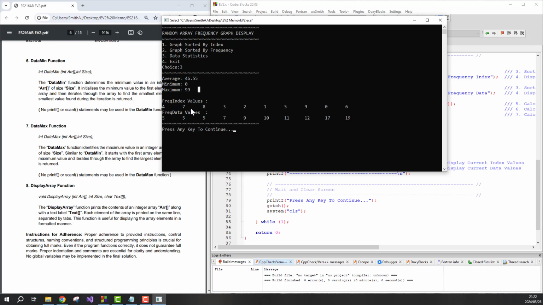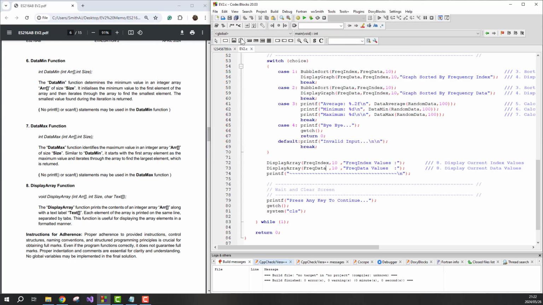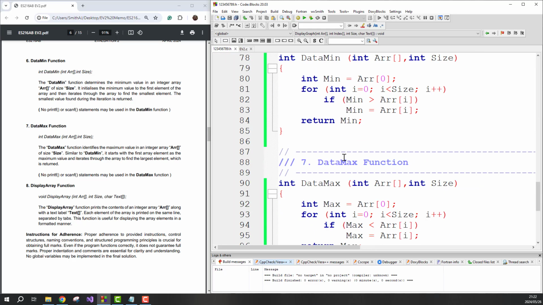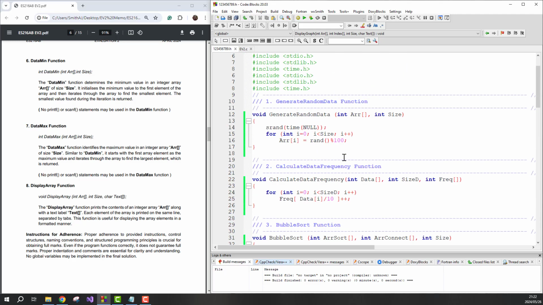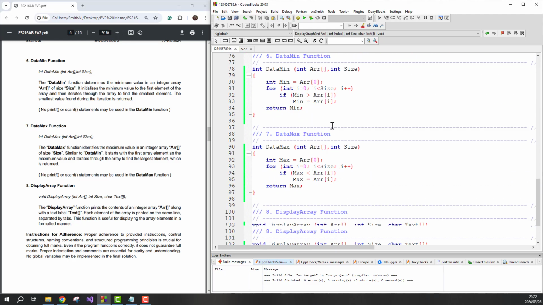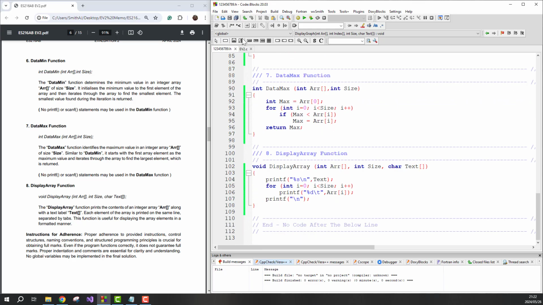We've got our frequency index values and our frequency data values. And after that, we can exit as well. And then we are done with the program. So as you can see here, we've got our C file, and we've now created our .h file. And basically, if you've done everything like this, this should more or less give you a 100% pass mark, because everything is working as it should. So that's just the basic summary of the EV2 or evaluation 2 of